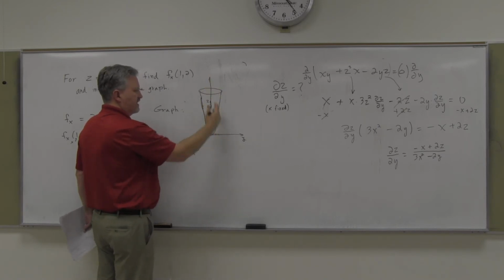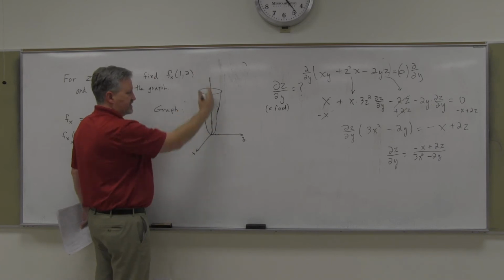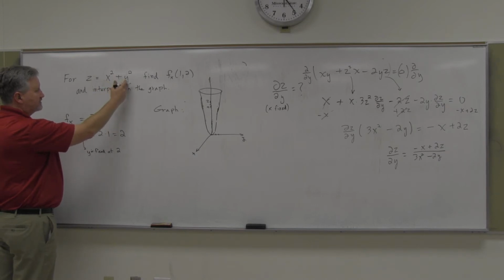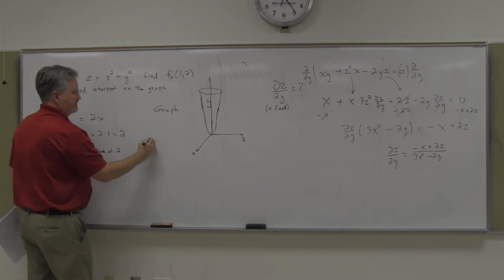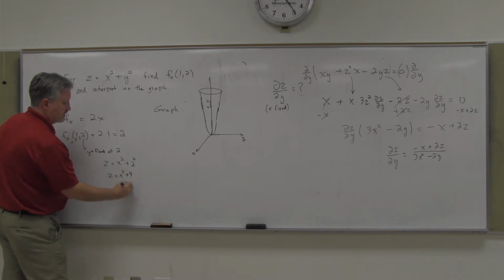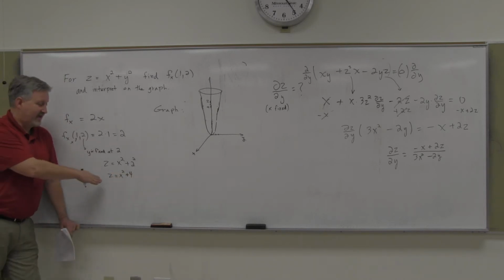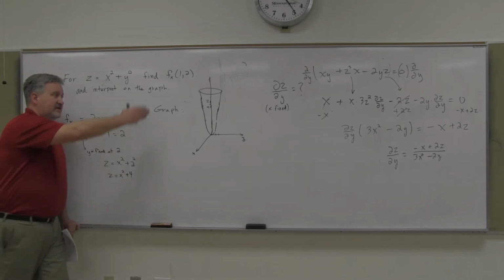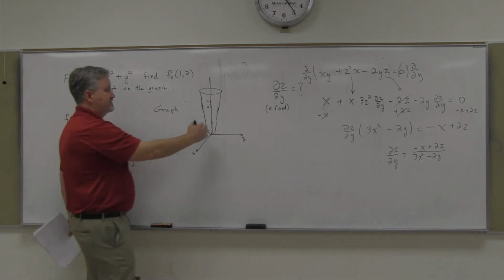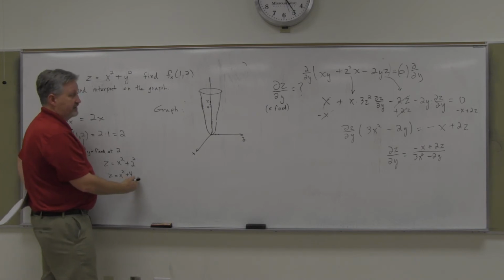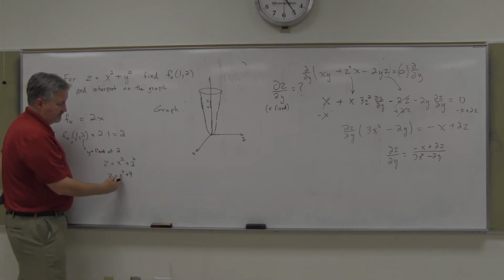If we think about this intersecting this, the y is fixed, so it's y equals 2. So we've got z equals x squared plus 2 squared, so that's z equals x squared plus 4. Well, you can see there that that's going to be a parabola itself, right? So this is going to intersect, what I'm talking about, the intersection is when the y is fixed at 2, it's a parabola,